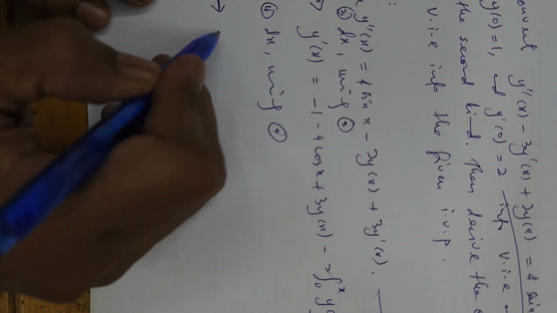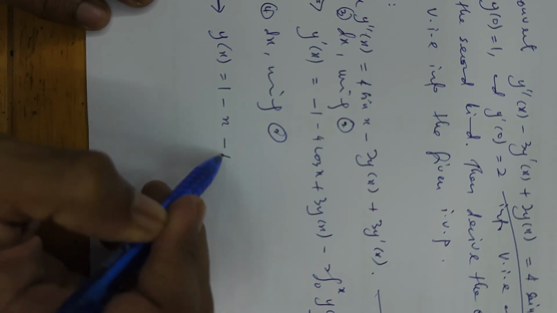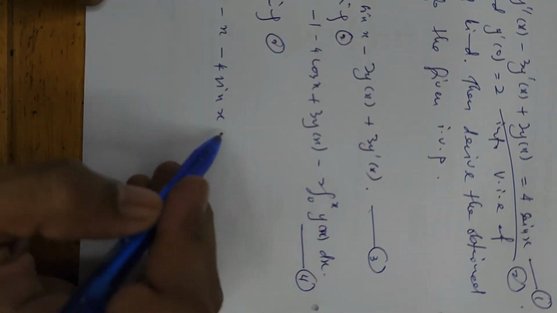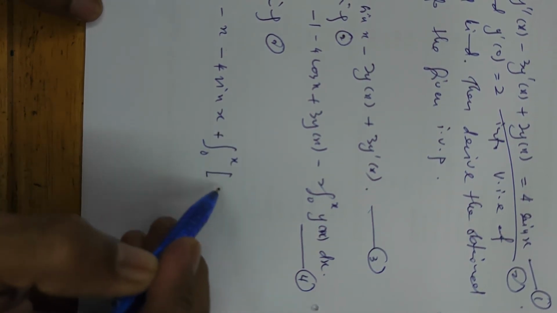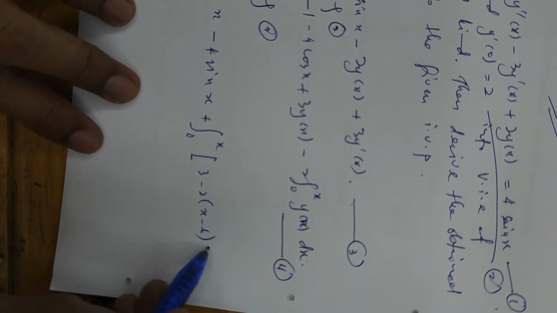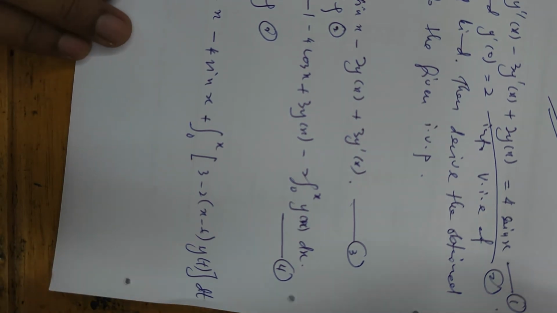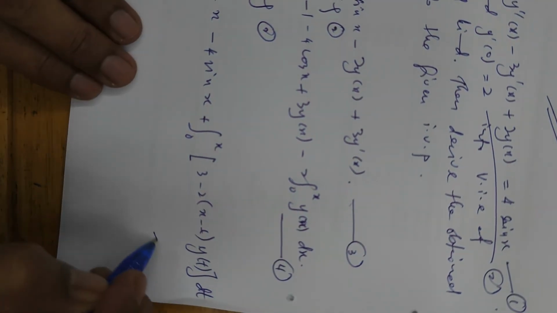Yeah, so we got y x equal to 1 minus x minus 4 sine x plus the integral from 0 to x of (3 minus 2x minus t) y t dt. Alright, so this is the required